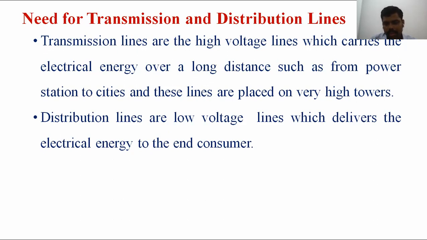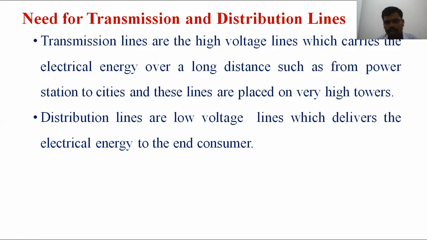Again, based upon the operating voltage, there are single circuit and double circuit, and based upon the weight, the supporting structure is different. In the transmission line, it is classified into primary transmission and secondary transmission line based upon the distance, that is generating station to the substation, substation to the industrial consumer premises, or substation to the distribution substation. From the distribution substation to the consumer premises, based upon the distance, the operating voltage is different.